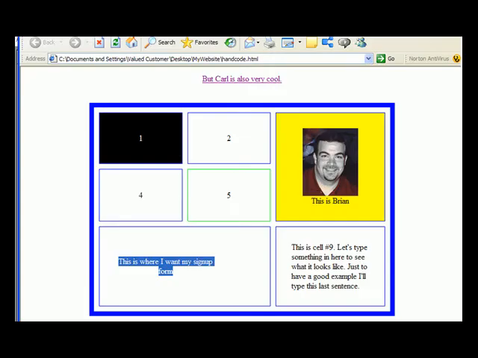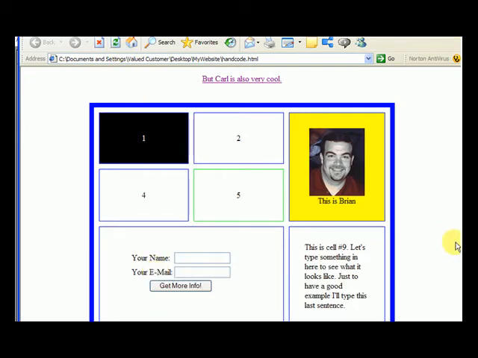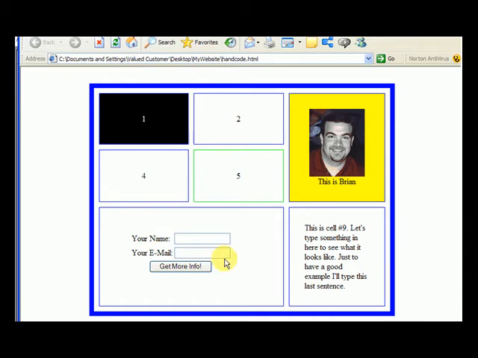Then I go back to my web page. If I hit refresh, you'll see the sign up form popped into that box, and it made the cell a little bigger because it needed some room to put in this code here. So this allows people to type in their name, and I'll type in my name,